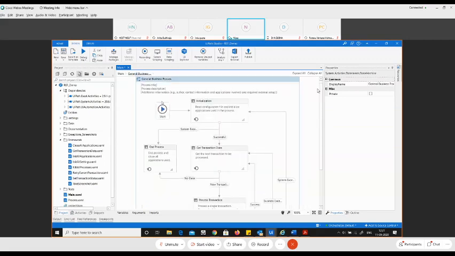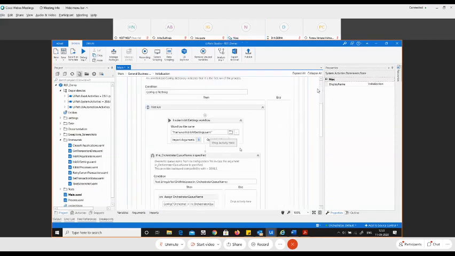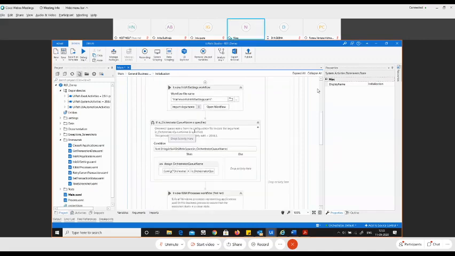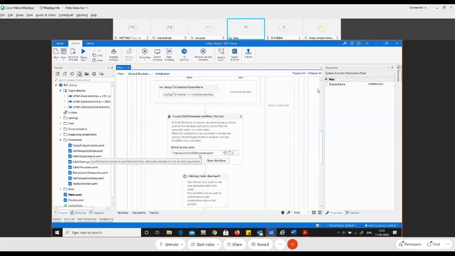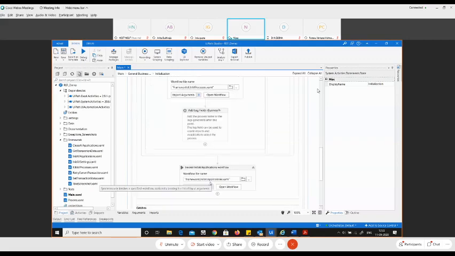I'll repeat again. In the initialization state, we have three workflows. The first is init all settings, the second is kill all processes, and the third one is init all applications. These are the three XML files which are called inside the initialization state.